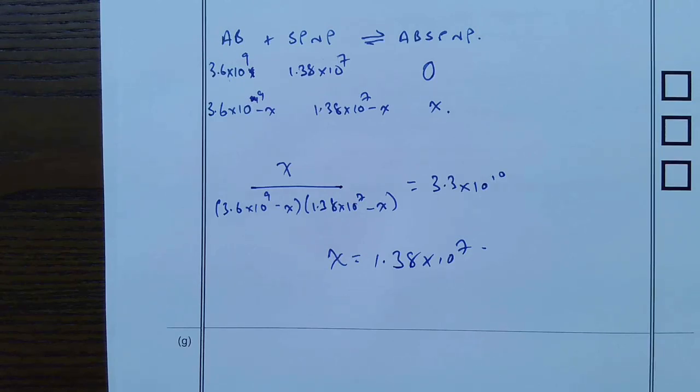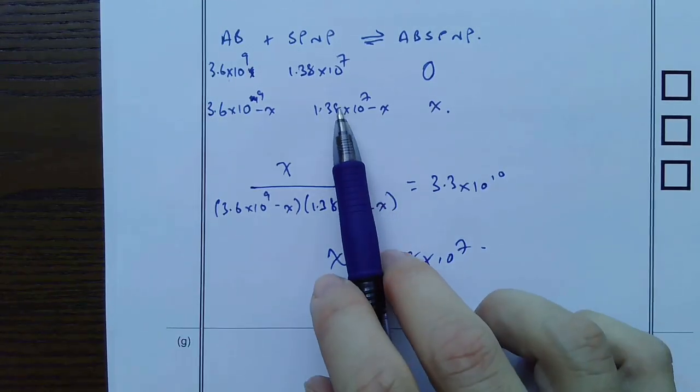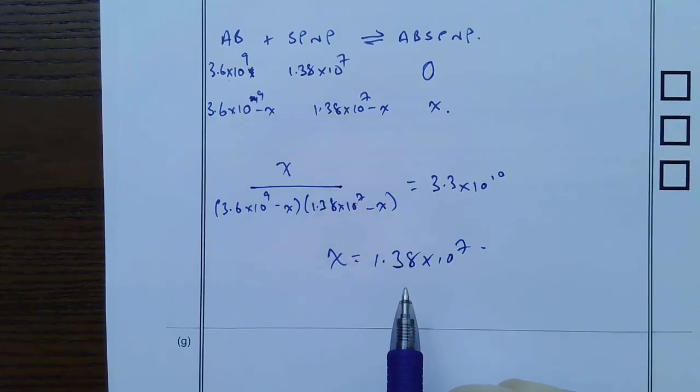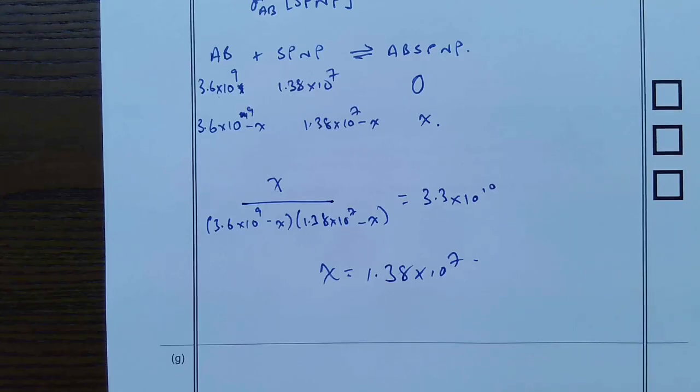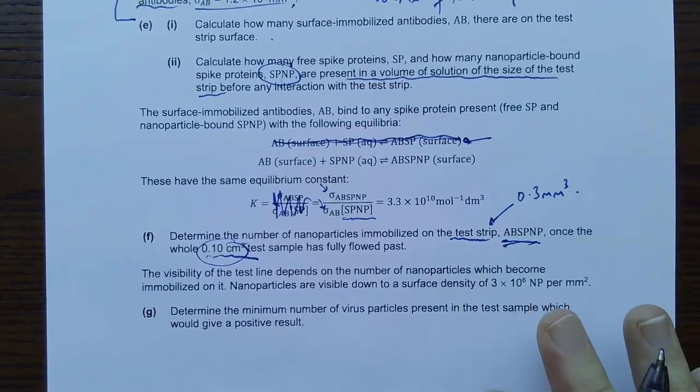Fantastic. Okay, but there's a few things. Obviously this number is the same as this number. Okay, and it's worth thinking about that, because there is an easier way to do this question, and I believe, let me just check the mark scheme. Just double check. Now, the correct answer will get you all 3 marks. So if we just go back here,